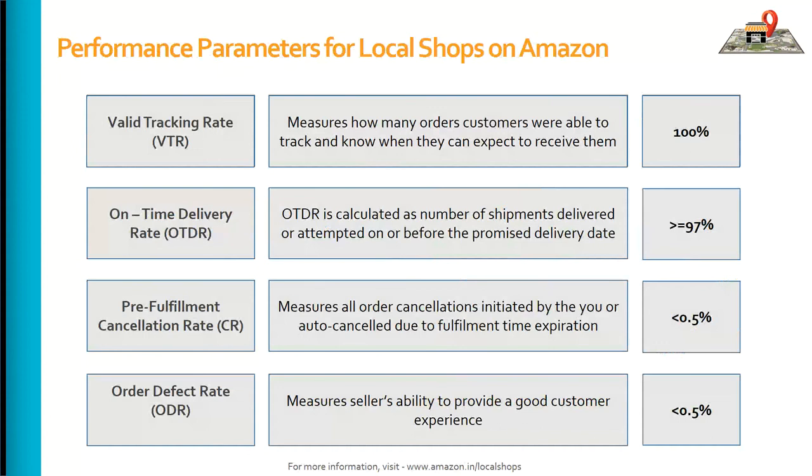The next performance parameter is CR, also called pre-fulfilled cancellation rate. This metric measures all orders cancelled, initiated by you or auto cancelled due to fulfillment time expiration. So it's very important to ensure that you're active on Seller Central every day if you're working, or on your operational days. Else, this would lead to auto cancellation or fulfillment time expiration, and your target is less than